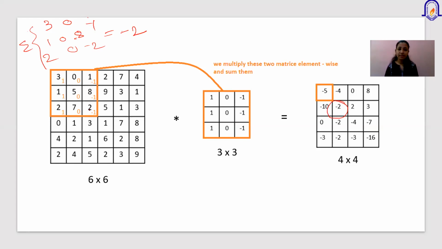Means when we are considering 3 cross 3 image, this is our center pixel, and all these are called neighborhood pixels. So with the help of this neighborhood pixels, multiplying with this mask, whatever is result, you will replace here. Next, you will go ahead, you will consider this matrix. Again, you will multiply this 3 cross 3 matrix with this directly. It is not matrix multiplication. It is point to point multiplication. This value multiply by this value multiply by this.